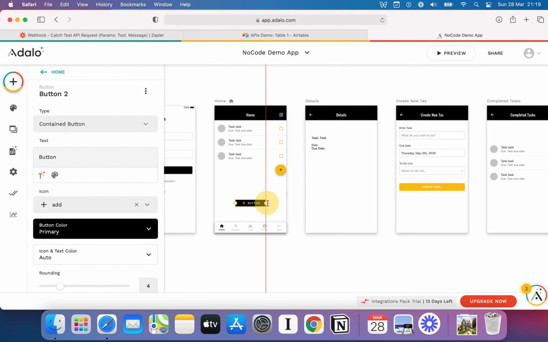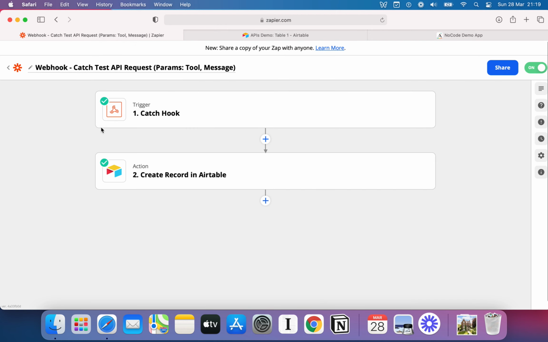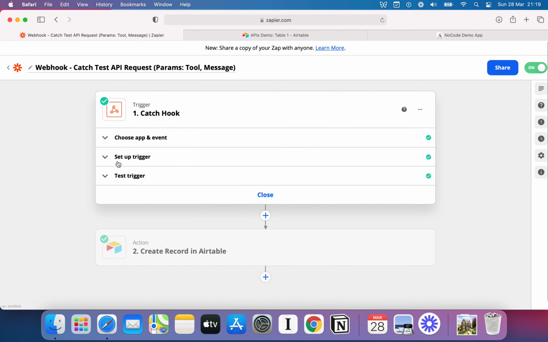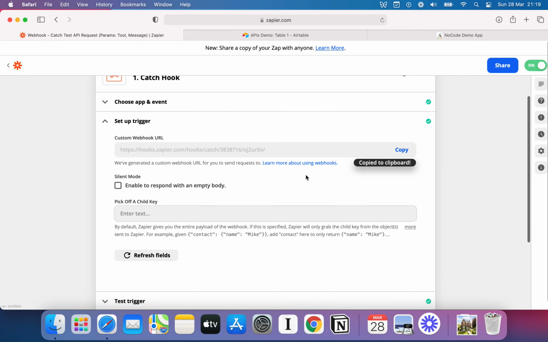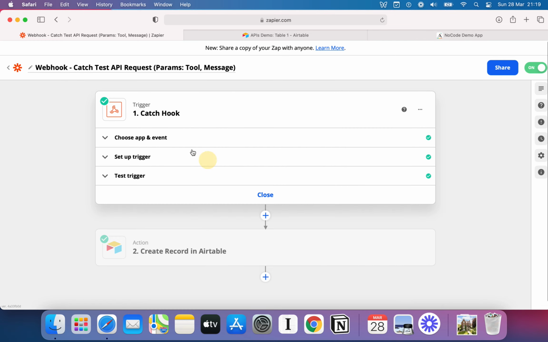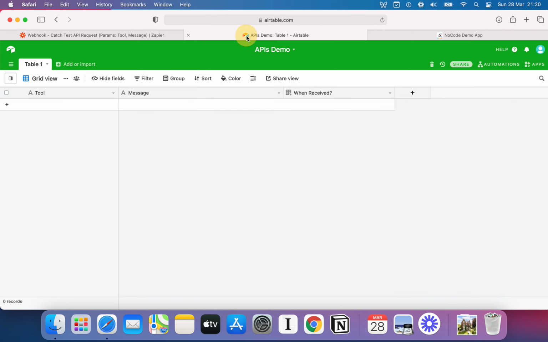So what I want to do is show you me making an API call, and what I've done to set that up is I've gone on Zapier. I've set up a webhook. The webhook is set up to receive, let me copy that URL, a couple of parameters, such as a query string called tool and another key value pair called message. And then what it's simply going to do is go onto Airtable and put that data in here. So we should end up with something that says tool, and we should end up with something that says